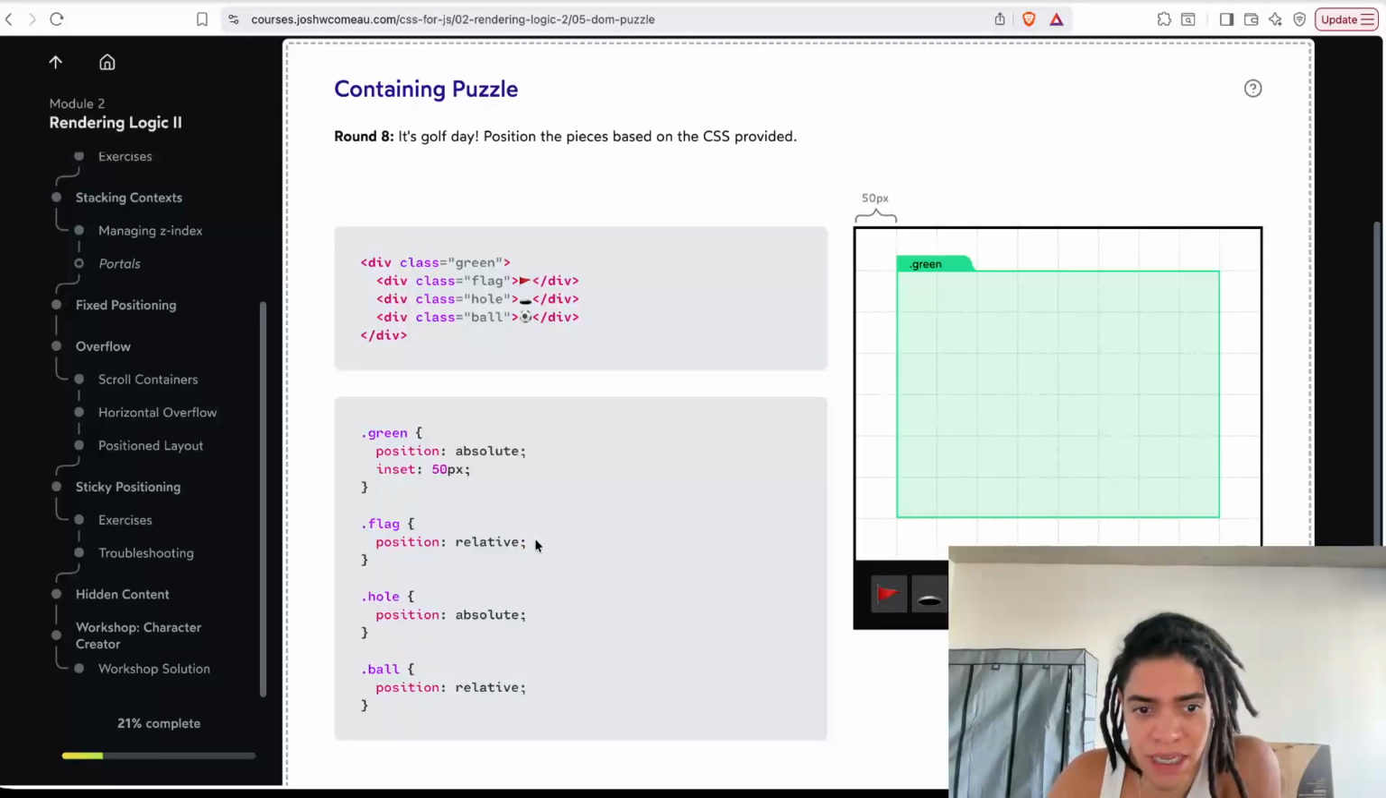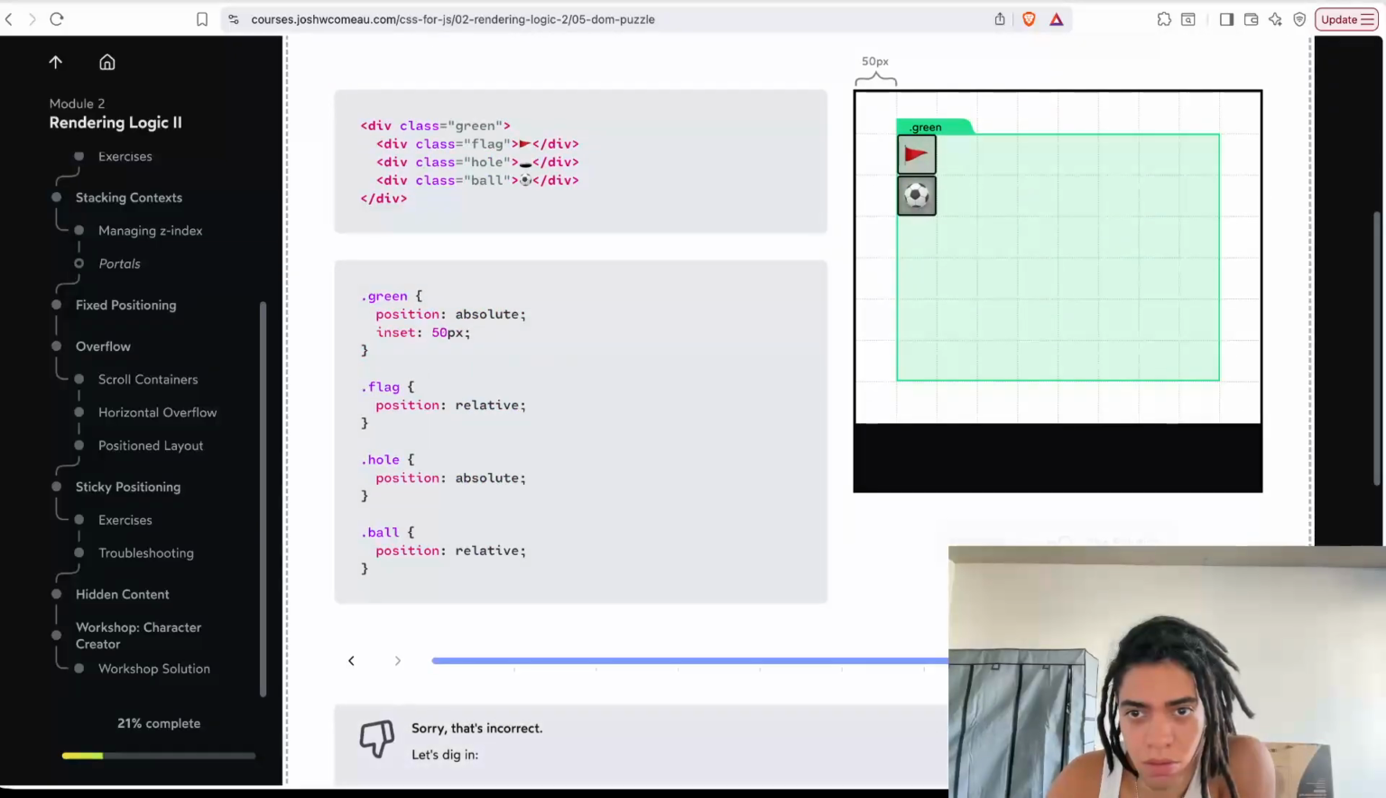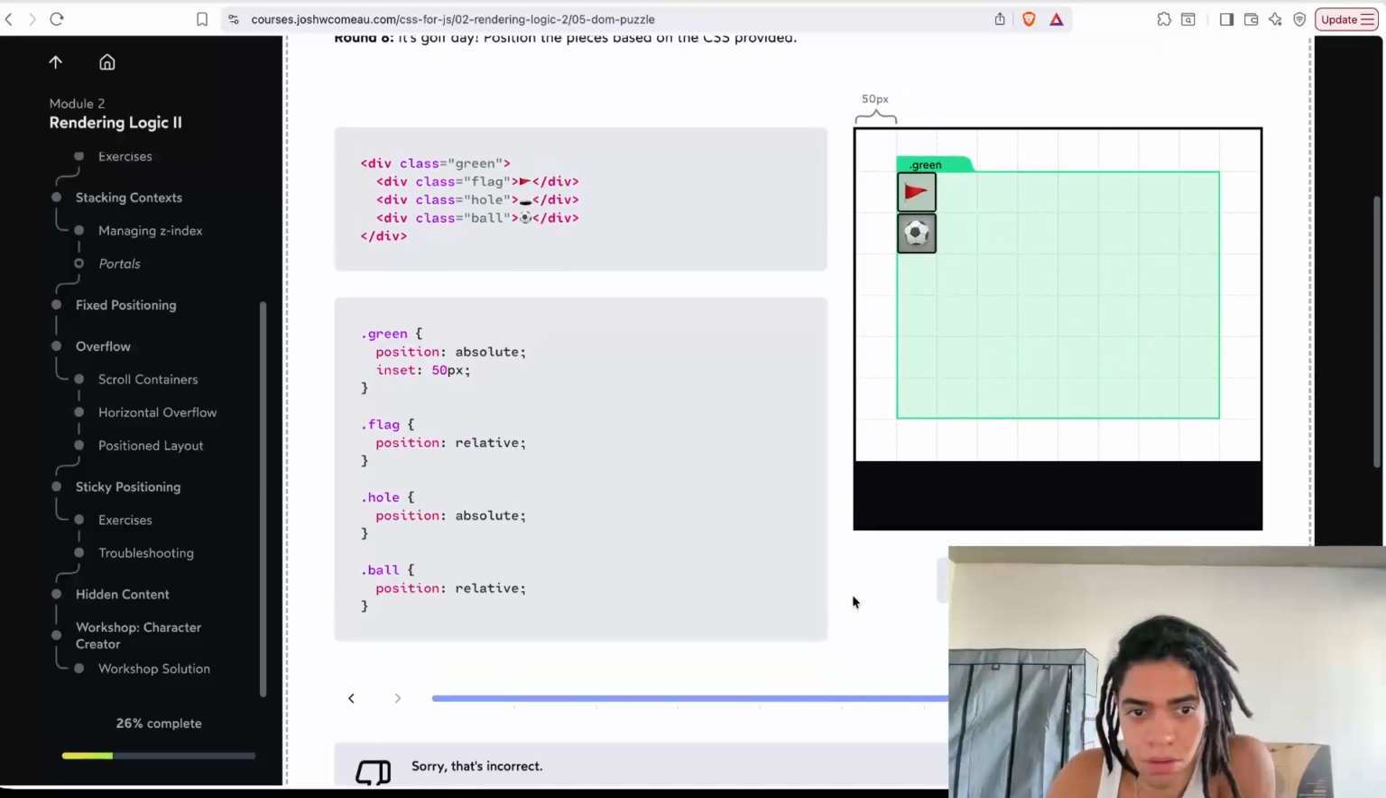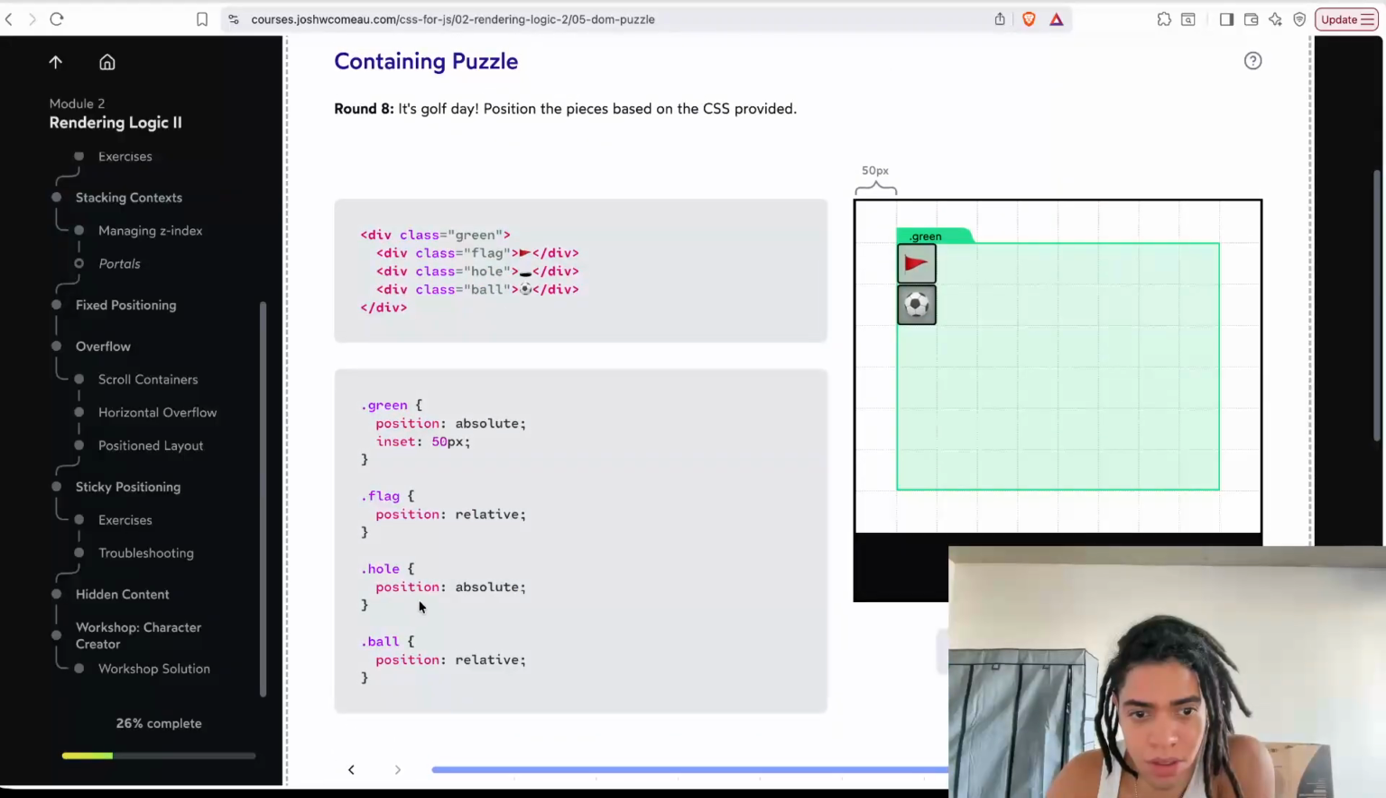So when you don't specify any property here, right? The position here of the flag, it is set here. The hole is position absolute, it is now here, right? And the ball's position is going to anchor to the green, which is something like this. Why is that? Because the hole at the end of the day is